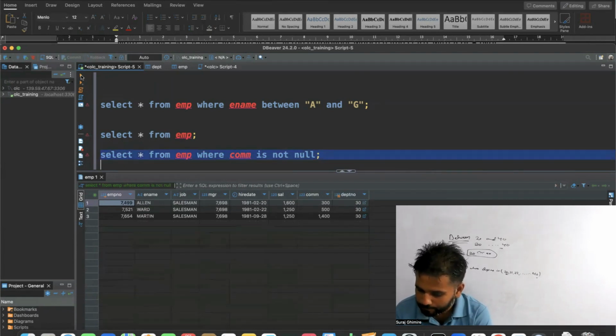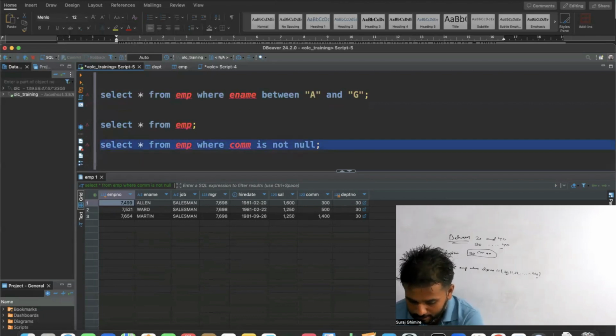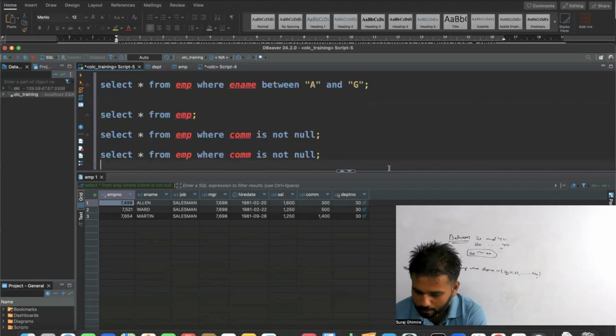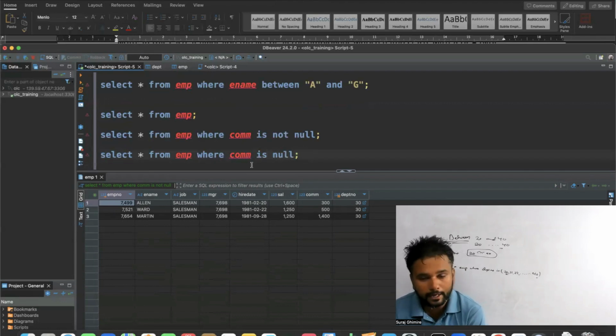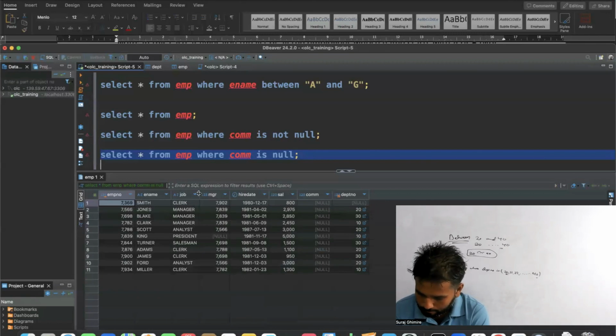If you want to get the list of all the people who are getting some commission, this should be your query. Okay, if you want to find out the list of all the employees who are not getting any commission, your query would become this, right? So all these people are not getting any commission. Okay, now